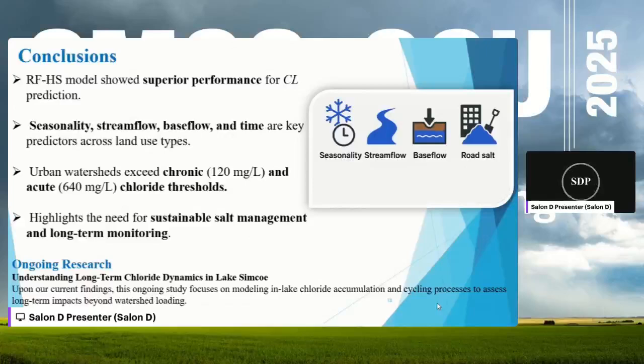Time also emerged as an important variable in some stations, which shows the long-term impact of chloride accumulation and also urbanization. The spatial and temporal analysis shows that the chloride concentration in hotspots in urbanized and road-dense stations passes the chronic and acute concentration. The results of this study support sustainable salt practice and long-term monitoring to manage chloride pollution